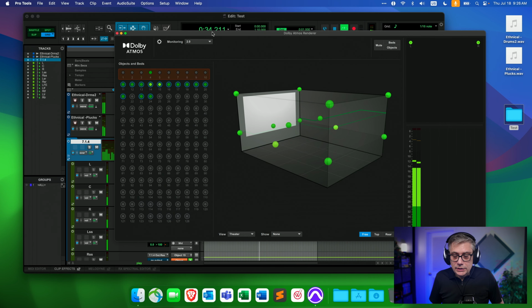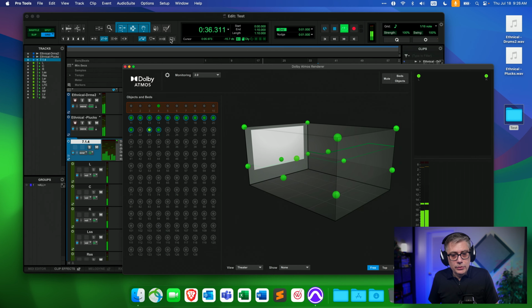And that's really neat because it allows you to work with surround sound that has higher channel configurations and is not limited to stereo. Especially if you're working with Pro Tools, there's a certain likelihood that you have sessions with higher channel counts that you want to turn into Dolby Atmos, and these track presets allow you to do that very, very easily.